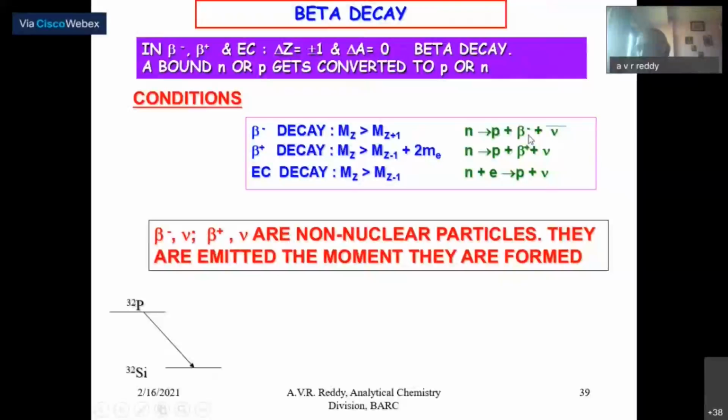So, a bound neutron gets converted to a bound proton, and an electron and an anti-neutrino are emitted simultaneously. Very important is simultaneously. Now, if you calculate the de Broglie wavelength for an electron, you will find that its de Broglie wavelength is much longer than the nuclear dimension. Therefore, we know that the electron is a non-nuclear particle. It cannot be accommodated inside the nucleus. So is the case with the neutrino. Therefore, how to understand this? Pauli gave this explanation, and Fermi, in fact, gave the theory that